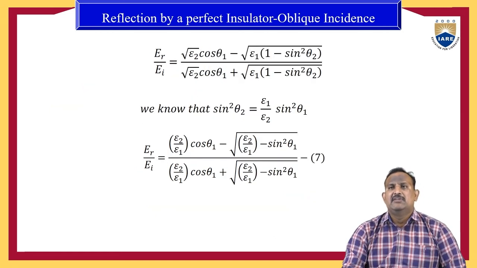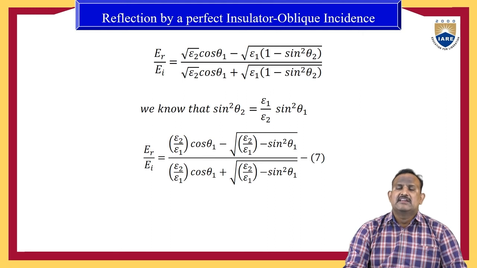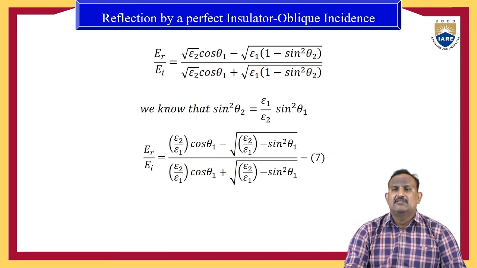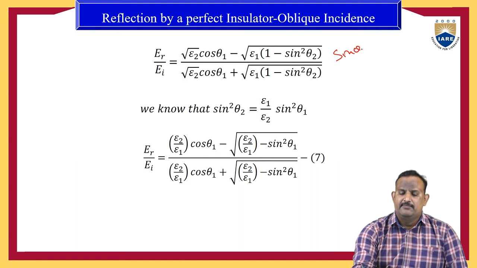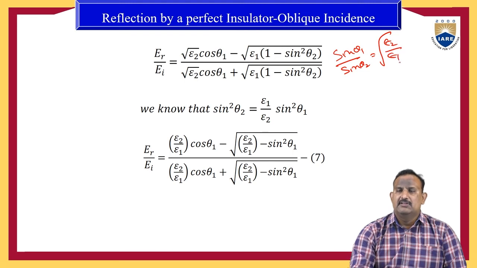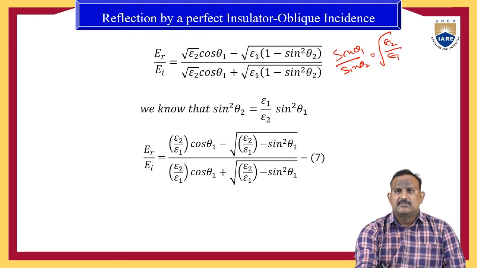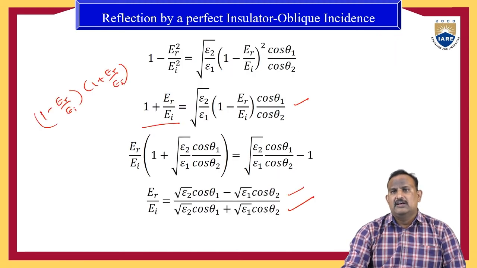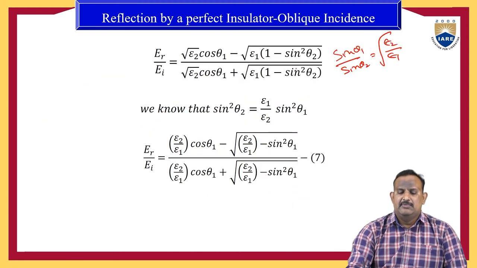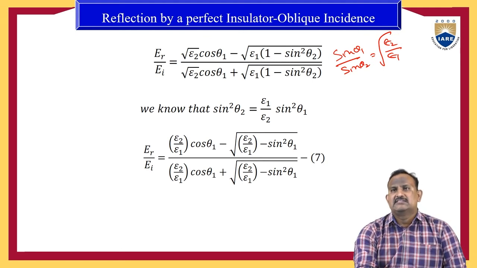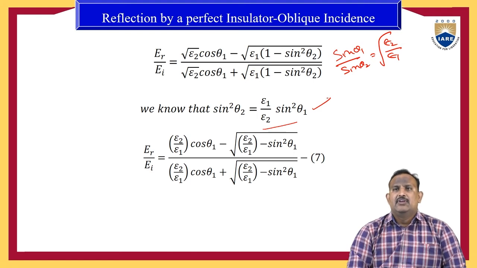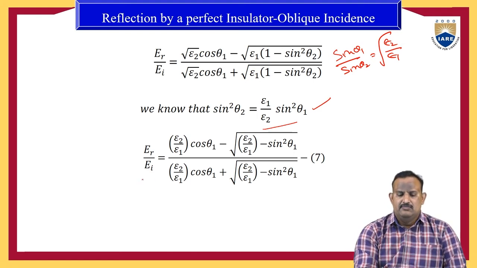And again, we can simplify the equation using sin theta 1 by sin theta 2 equal to root of epsilon 2 by epsilon 1. We need to substitute this in the equation. So in place of cos theta 2, within the root it is 1 minus sin square theta 2. In place of sin square theta 2, I am substituting epsilon 1 by epsilon 2 into sin square theta 1. Therefore, if you substitute in the equation and rearrange, we have ER by EI is equal to